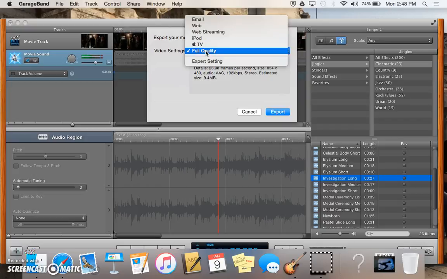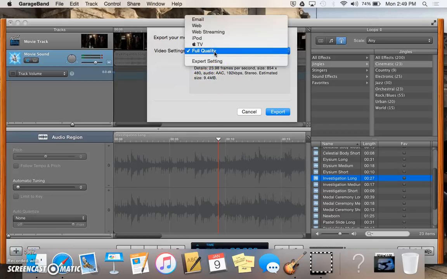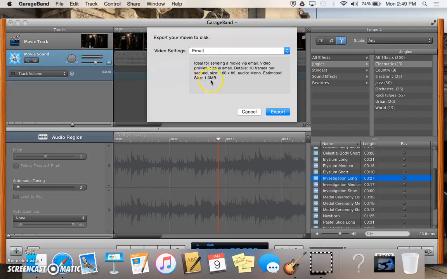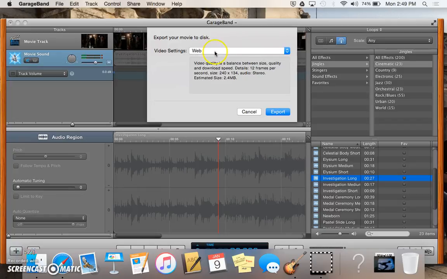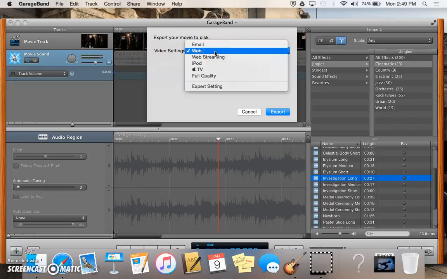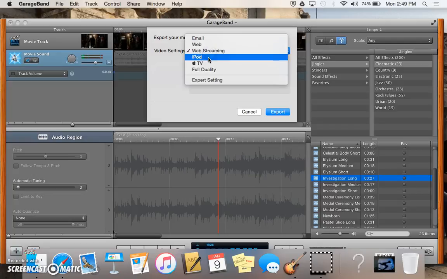Now, I would say that for the quality of this, you're not going to want to do too big. Right now, the size of it is 9.4 megabytes. That's like medium for us for email. So I would tap email, and you see that the size goes down to 1 megabyte. That's pretty small. You can play around with it. I would go no larger than, let's say, 7 megabytes total for your project. So maybe if you want to find one somewhere in the middle,